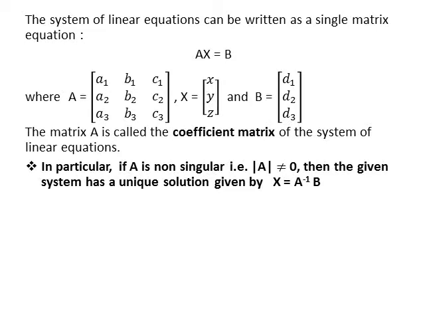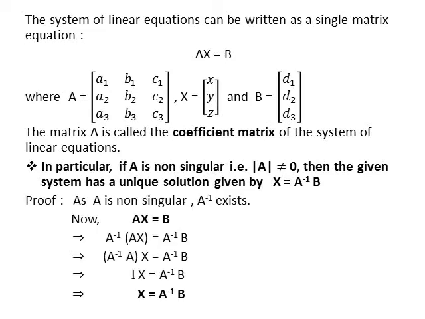Let's see, if AX equals to B, then how we get X equals to A inverse B. Right? AX equals to B. Then pre-multiply both sides of matrix equation AX equals to B by A inverse. In next step, we write it as A inverse A multiplied by matrix X equals to product of A inverse and B. As product of A inverse and A equals to identity matrix I, so we write it as I multiplied by X equals to A inverse B, which gives X equals to A inverse B.